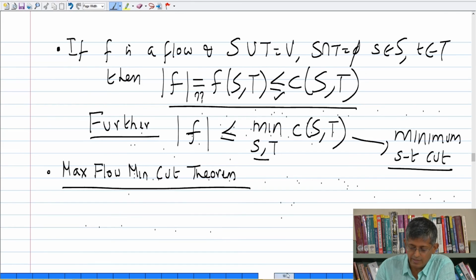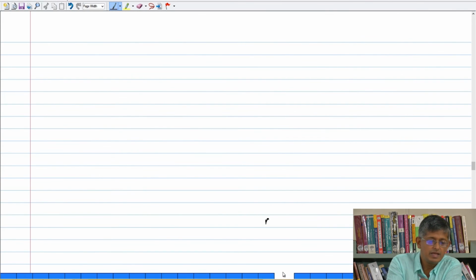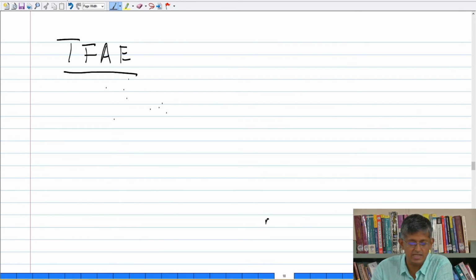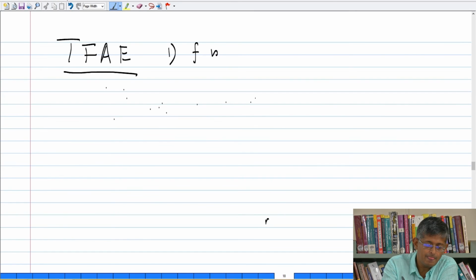Right. That deserves a new page. It says the following: the following three statements are equivalent. The first one, F is a max flow. 2, GF